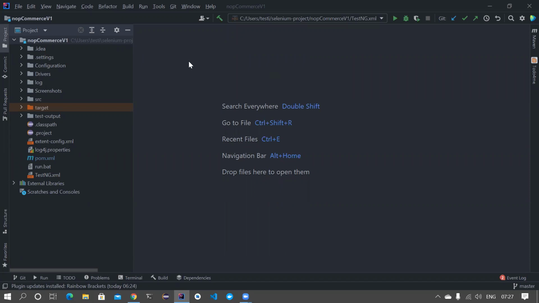In this video we're going to see how we can get started with code refactoring. Assume that I have already downloaded a project from a GitHub repository, and we are going to use this for doing the code refactoring.